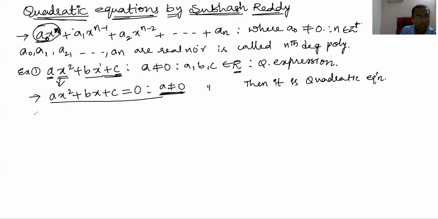Now, of course, you know this, so I will not give an example for this. Anyway, let's take this example: x² + 5x + 6 = 0, a quadratic equation where the x² coefficient is 1. Like this, a, b, c can be any real numbers; it can be 5/2 and it can be root 6 and so on. So this is a quadratic equation. Now we are going to see what the roots of a quadratic equation are.